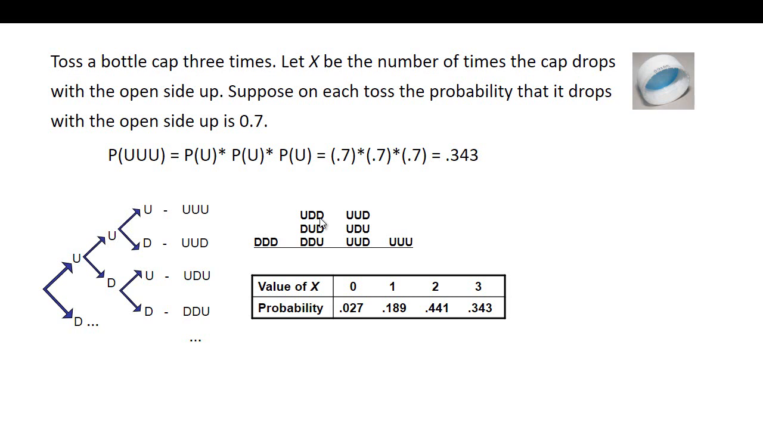Okay, so 0.3, 0.7, 0.7, you get 0.147. And so the probability of each of these outcomes would be 0.147. And then again, I'm using this type of argument, we're using the independence. And then if there are 3 of them, each one has the probability 0.147. So if I add them up, right,